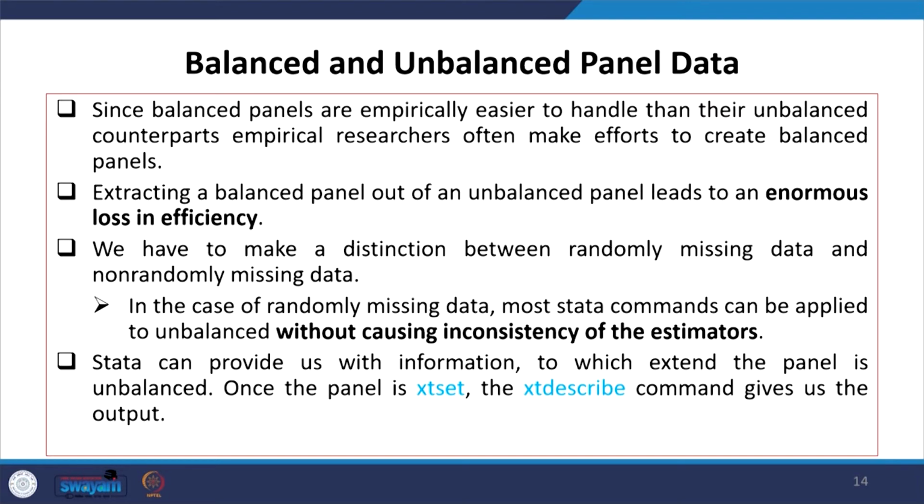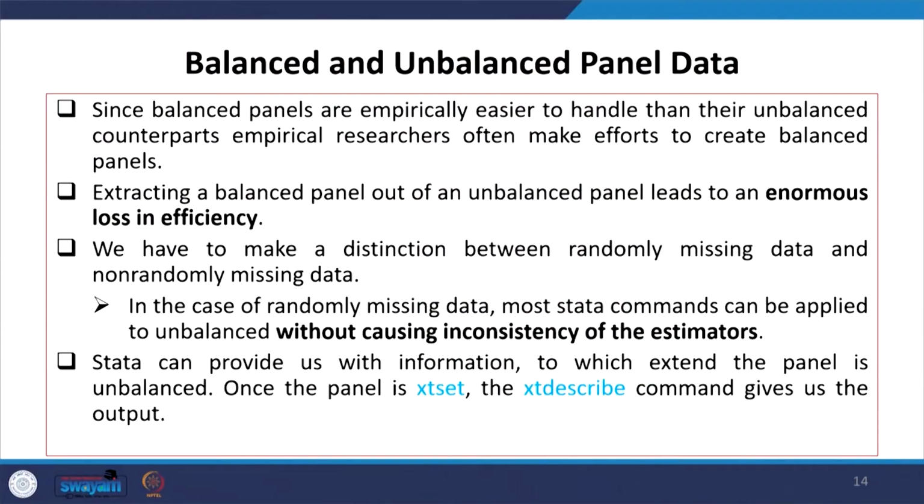We have to make a distinction between randomly missing data and non-randomly missing data. Some data points might have been missed randomly, and those which are deliberately missed are a case of concern. If they are randomly missed, the data set can still be treated as a balanced panel.